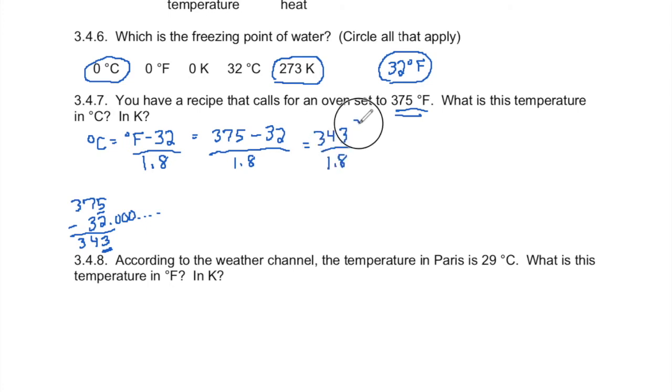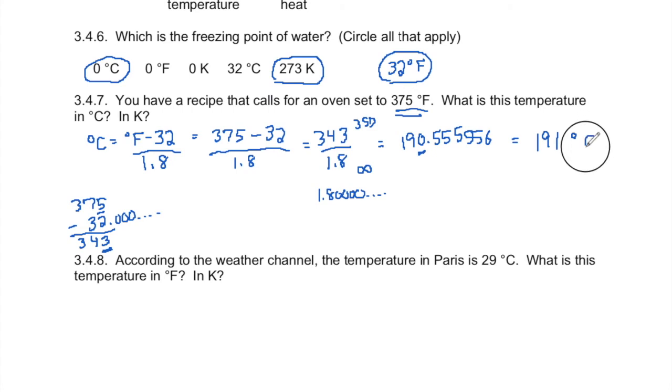And so our uncertainty in our answer is in the ones place. Now this becomes a division problem where I have 3 significant digits in the numerator, infinite in the denominator because the 1.8 is also exact. It could go on forever. My calculator gives me a bunch of digits. We should round to 3 significant digits. So that is 191